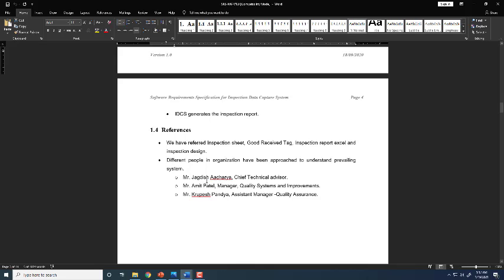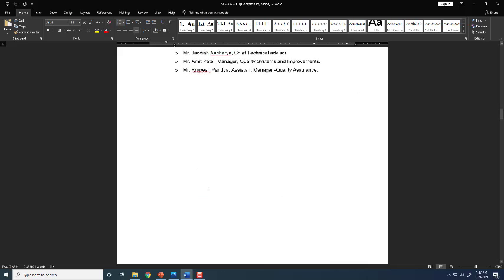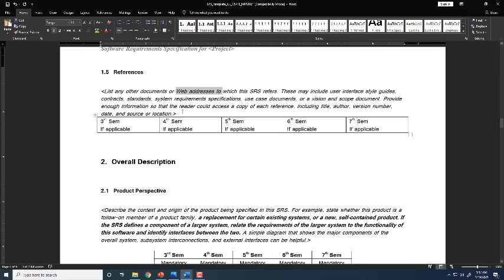That whole document is validated by all these 3 persons. That's why we have mentioned as a references over here. So you may include either the websites or any other technical sites, where you have seen some product references, that you can mention over here.